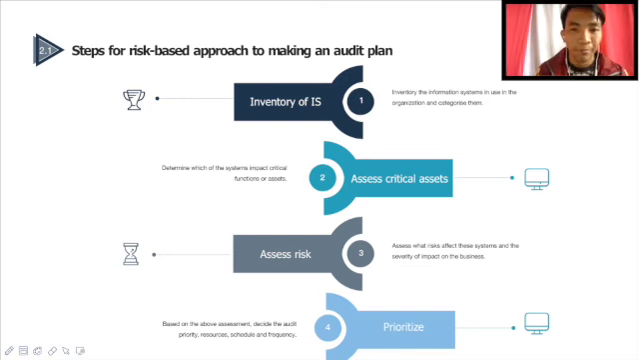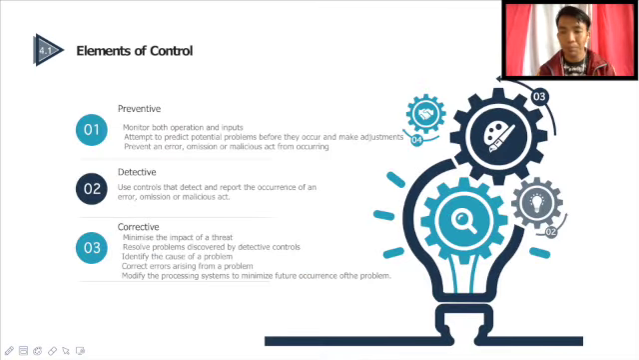So, itong controls, pwede nating i-evaluate din. We'll look at the entire organization in general. So, when we're trying to assess different controls that has been in place or not in place in the organization,